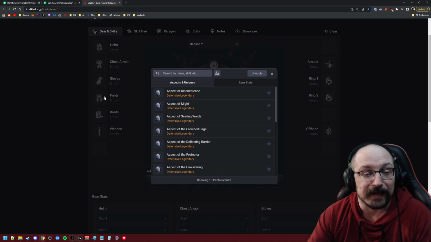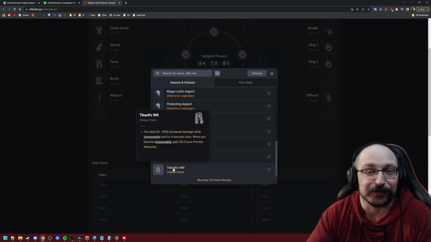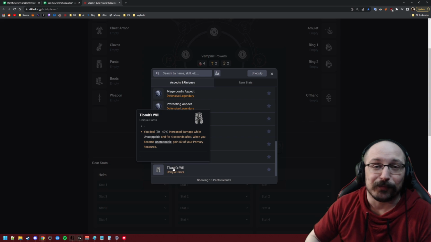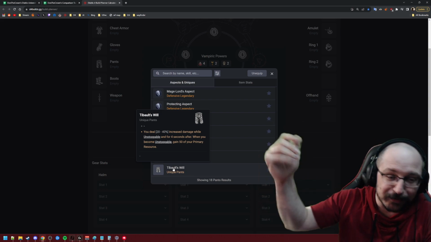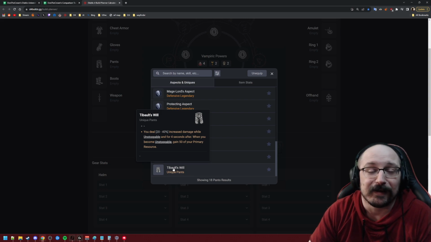These pants would make it so that you are gaining tons of resource every single time you evade. So you could just be dumping out tons of spells, teleporting to somewhere randomly and just dumping out more tons of spells with your primary resource constantly getting filled. And I think there's going to be some really weird builds in